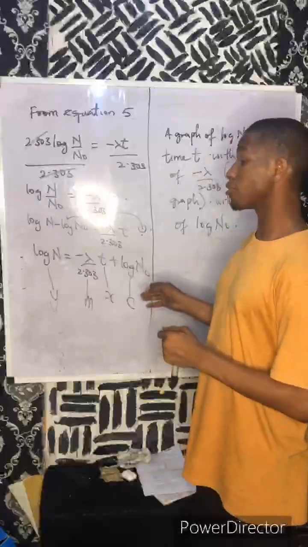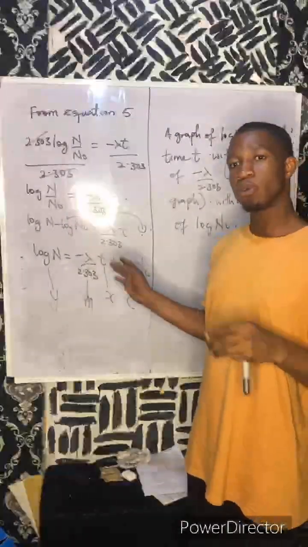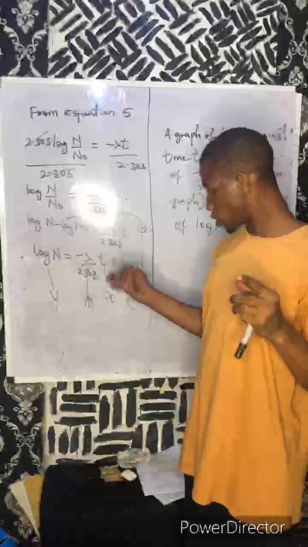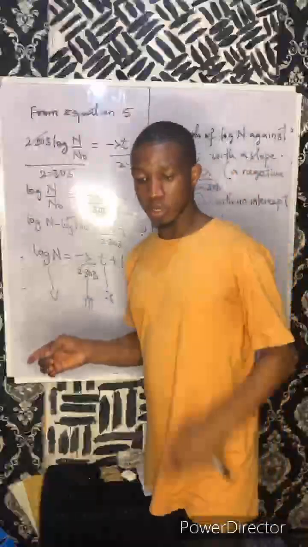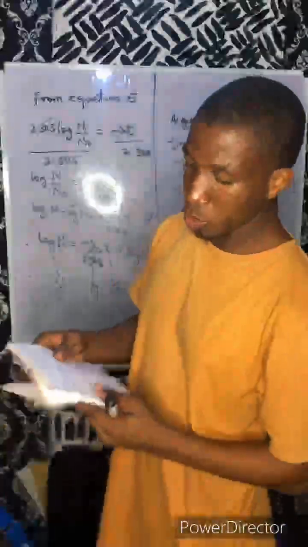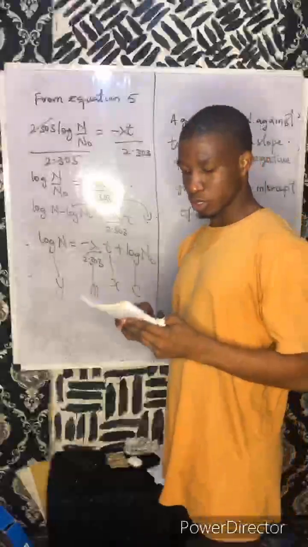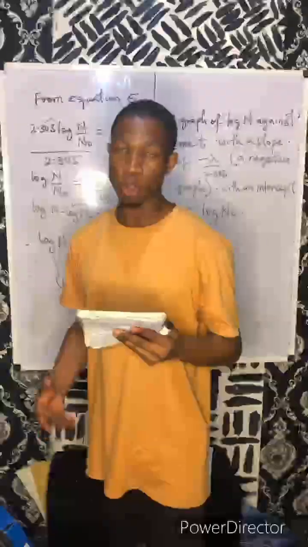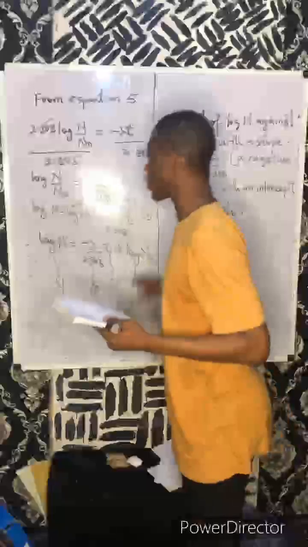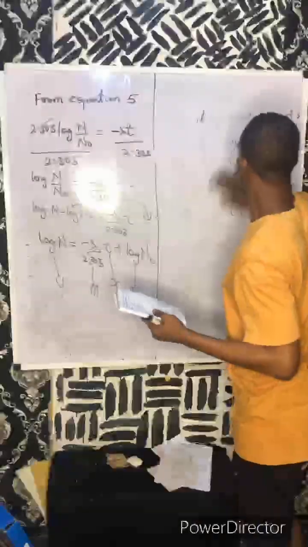I don't know if we'll be able to touch graph questions on the board, but I'll try and solve one for us. But let's take questions. Quick question. Let's solve this one. The question goes like this. I hope you're writing this down. I cannot start writing the question on the board, so please take down the question.